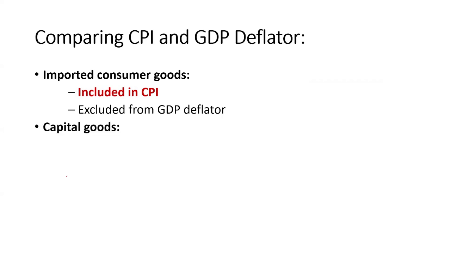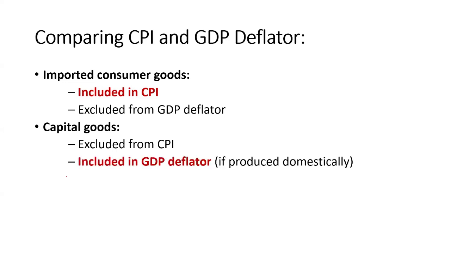Another is in terms of capital goods. When we say capital goods, these are the spending on goods that can be used for making business or even producing more goods and services. So it is not included in the CPI, because capital goods are not part of the basket of consumers. Of course, consumers will not be using these goods to produce goods or services because in the first place they only consume. Consumers are just consuming goods ready for final consumption, while it is included in the GDP deflator